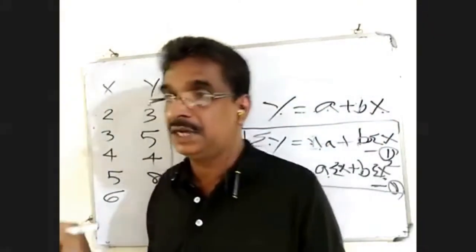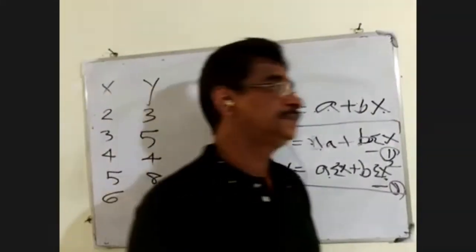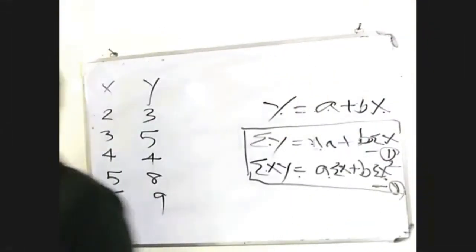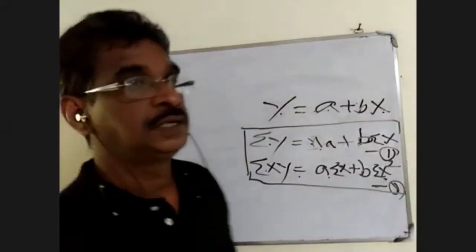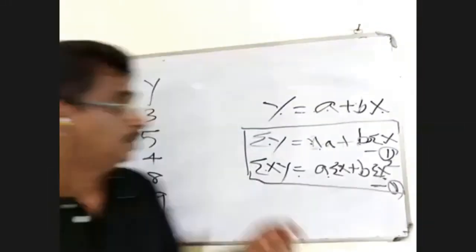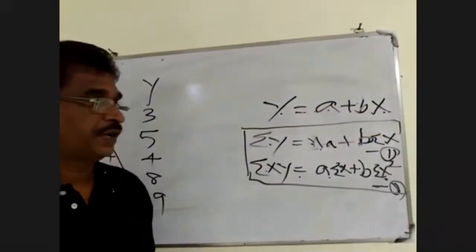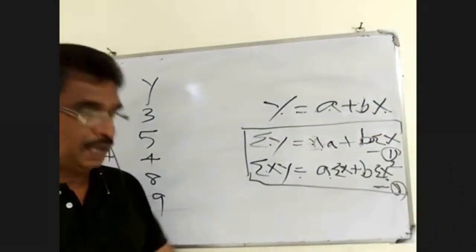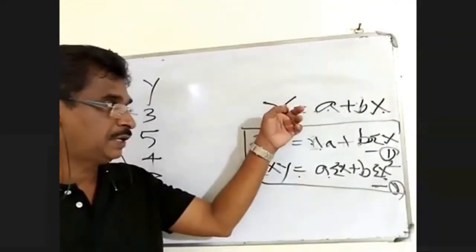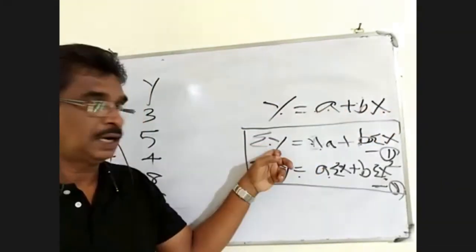We can start. Let the regression equation of y on x be y is equal to a plus bx. The normal equations are